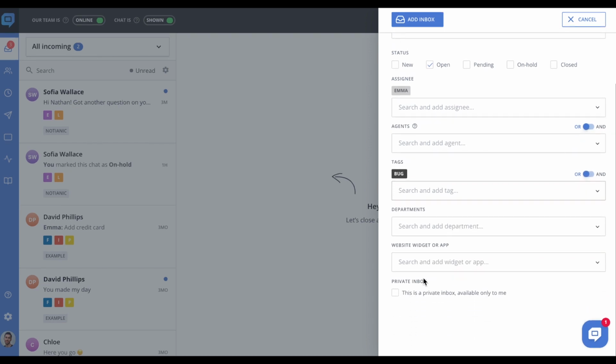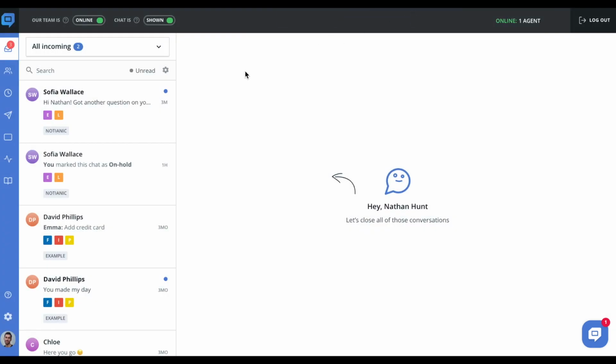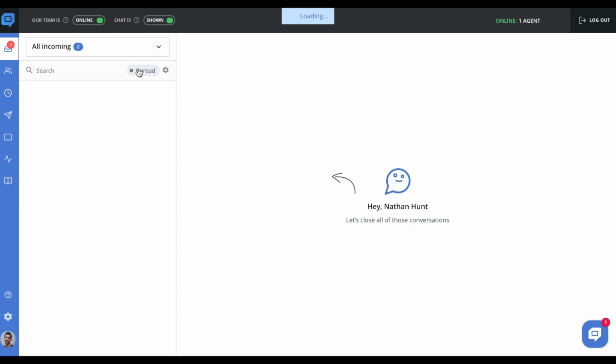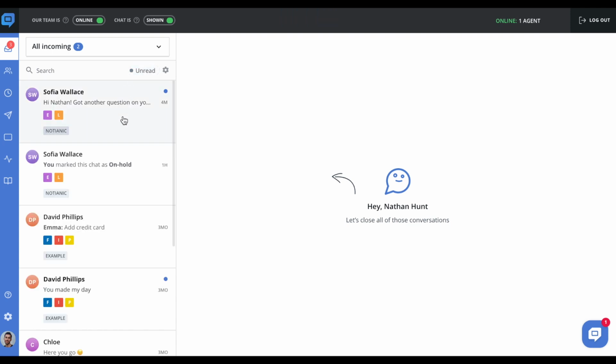You can make this new inbox accessible to everyone on your team or mark it as private so only you can see and use it. What's also convenient is that you can filter conversations by unread ones or do a quick search for contacts and messages. Once you open a particular conversation and send your first reply to a customer,